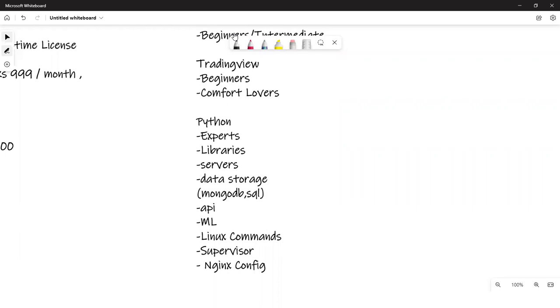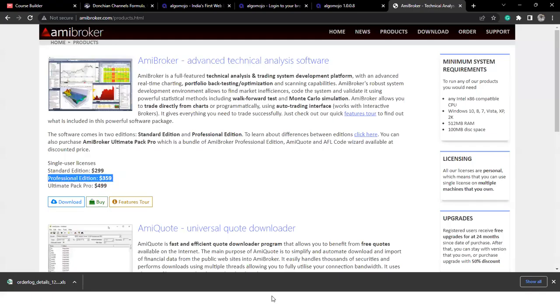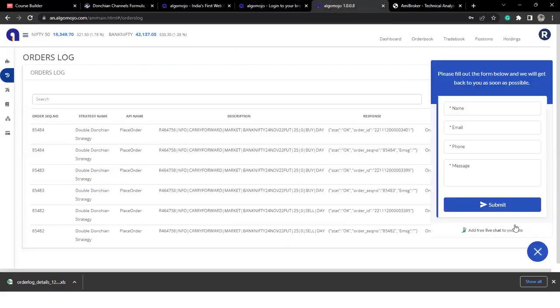Balachandra is saying your demo is very good. Will I get support in live markets? Absolutely. In live markets, end-to-end support is provided. Maybe if you go to AlgoMojo, you might be seeing a chat tool over here. Here you can talk to the experts who, at a support level, can provide solutions, not at a coding level. Support level, you are facing any issues,